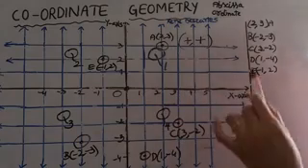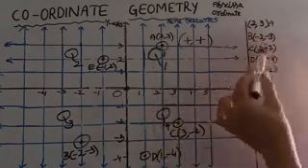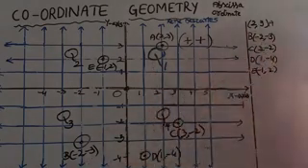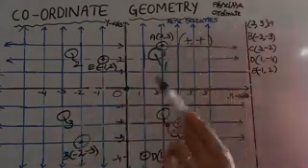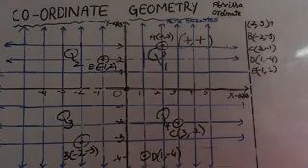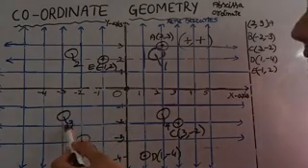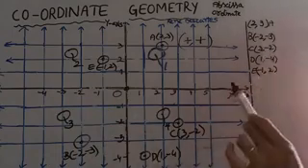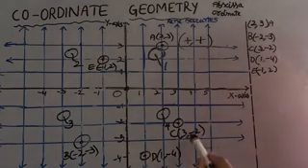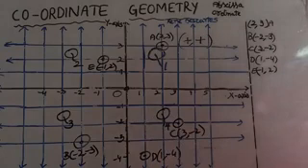Next, coming to the next one, (-2, -3). Where we can observe (-2, -3) is in quadrant 3. If both abscissa and ordinate have a negative symbol, those points lie in quadrant 3, Q3. Coming to the next one, (3, -2). (3, -2) means the first coordinate is plus and the second one is minus. Here also the first one is plus and the second one minus.